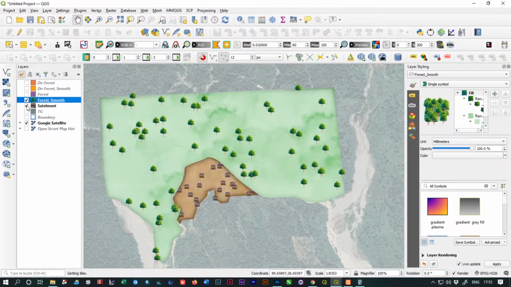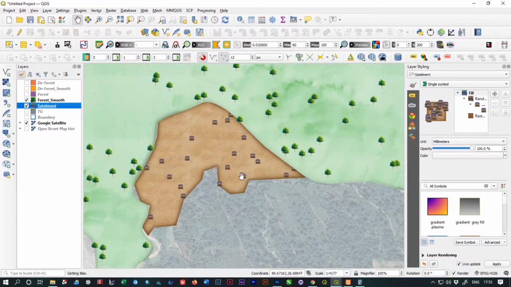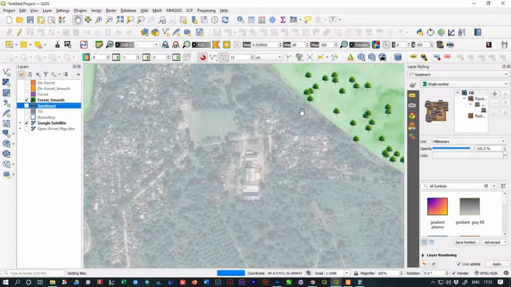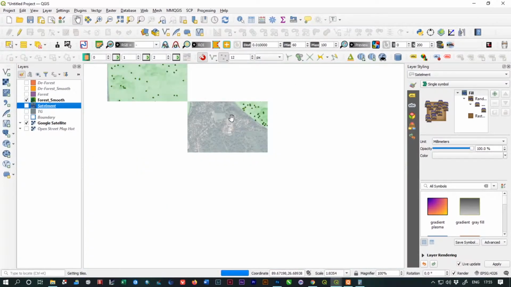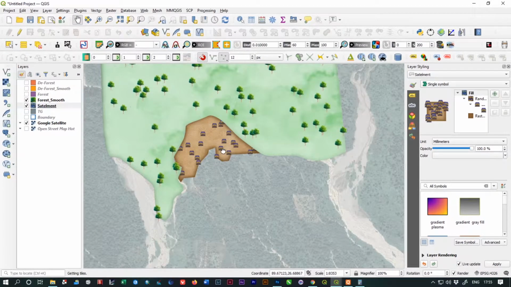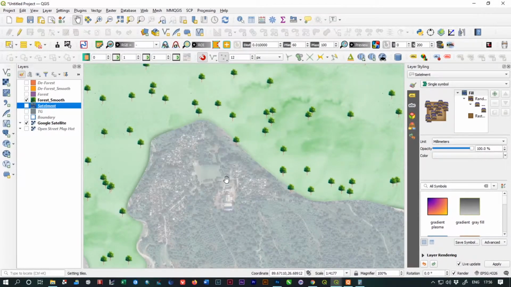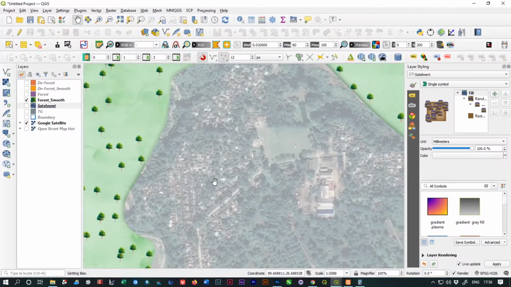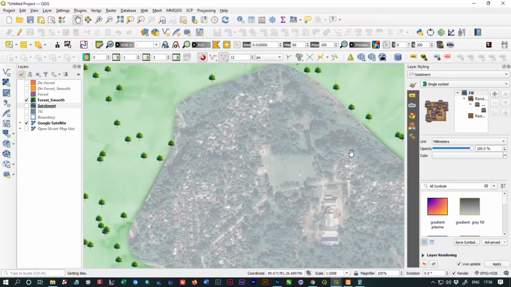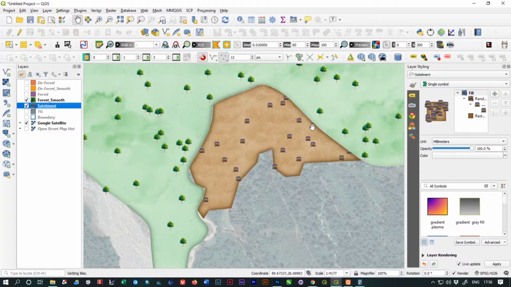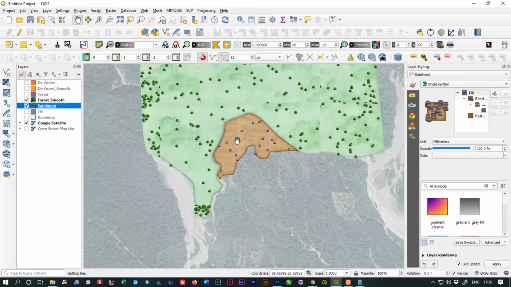And I have another layer for showing the settlement area, the human settlement area. As you can see, there are some human settlement portions over there, and we are going to map them. So these are the forest area, and these are the areas of human settlement. You can say there are some buildings, some factories over there, and some fields. We are doing this for education and learning purposes, so we randomly select this area and make it an area of human settlement.